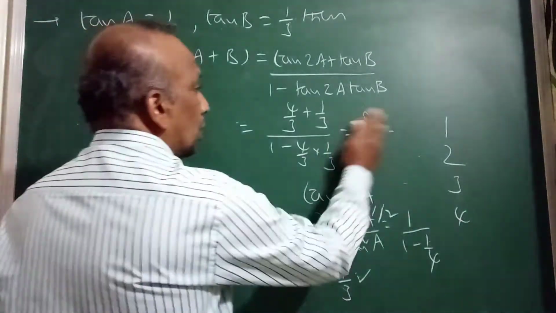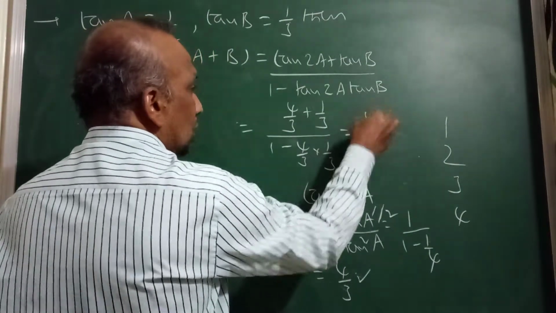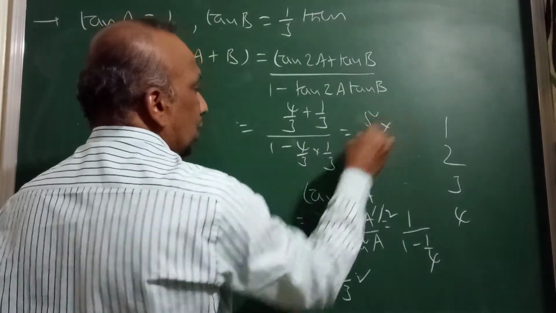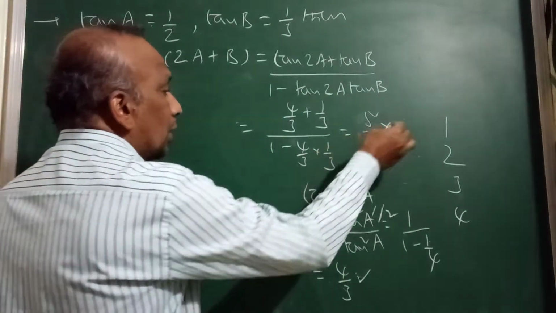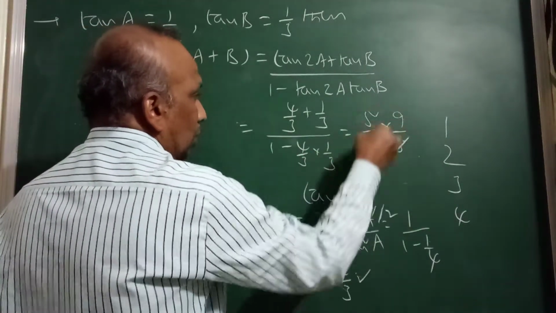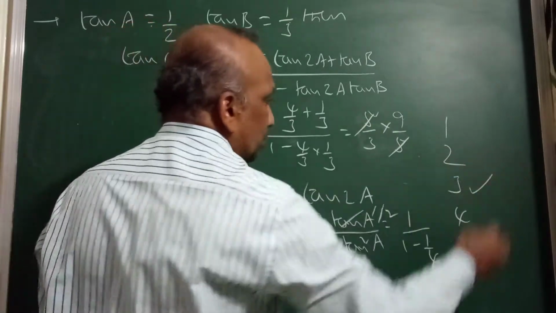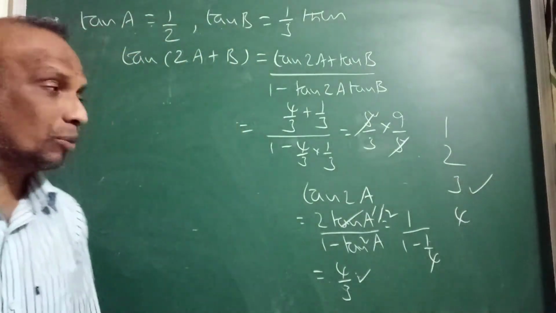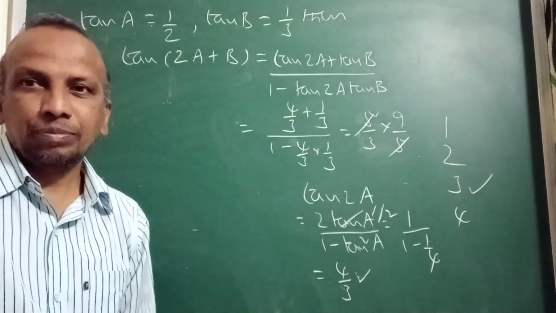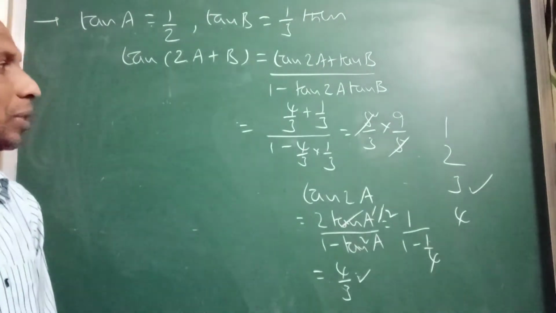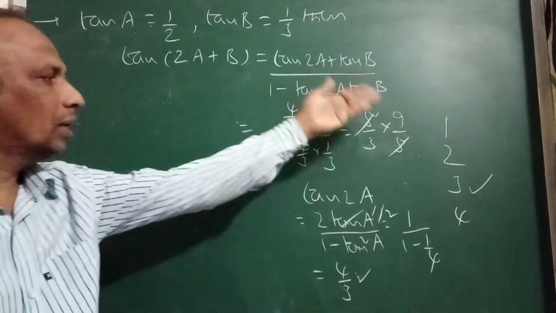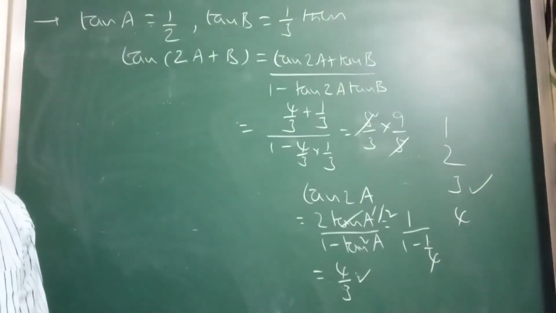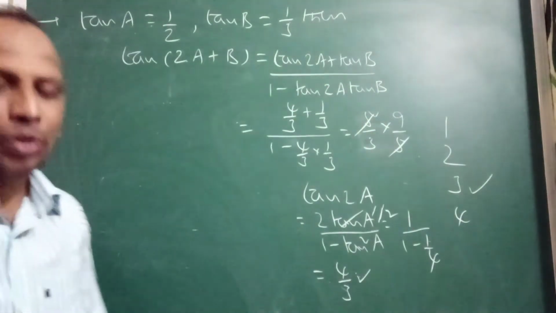You can observe this one. So I think you will get 5 by 3 into, correct, this one 5 by 3, and here you will get 9 by 5. So the result will be 3. You should be careful with the simplification. You will get 5 by 3 by 9 by 5, so the answer will be 3.